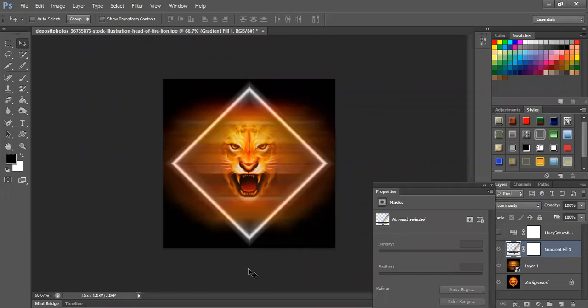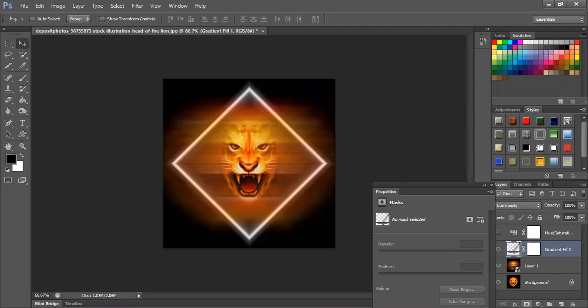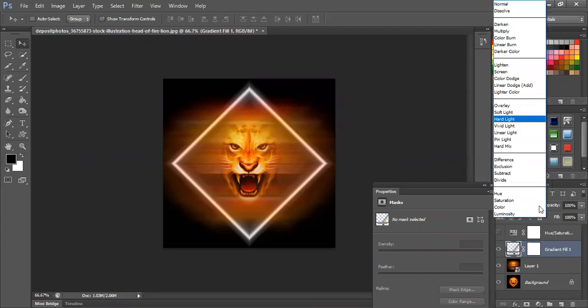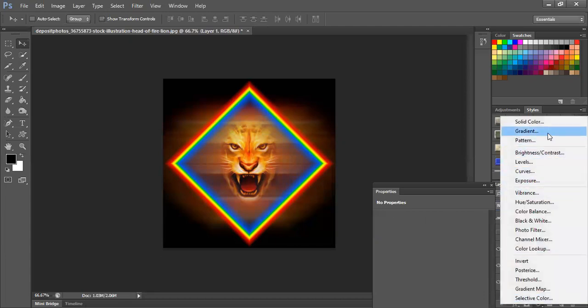Question, ma'am. If I don't want to do the rectangular gradient, can you show us something else to do with gradients? So I'll just delete this rectangle up here, or we can keep it also. It's nothing, I can keep it. I'll keep it as normal, and I'll apply one more gradient to show you what else can be done with gradients. So I quickly added one more gradient up here.